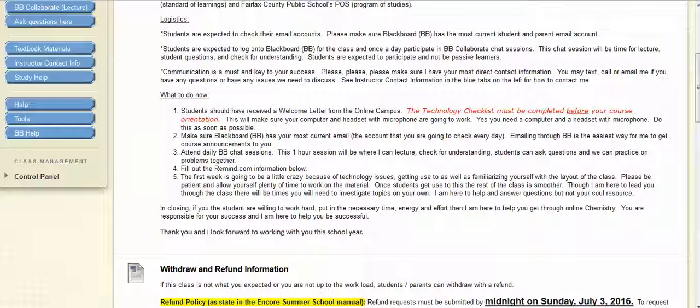Okay, another thing you should do is fill out the remind.com. That's going to allow me to text you just quick information. Okay, and then just realize that the first week is going to be crazy. There's going to be a lot of technology issues. You're going to have to familiarize yourself with how the class works and just kind of figure out the layout,